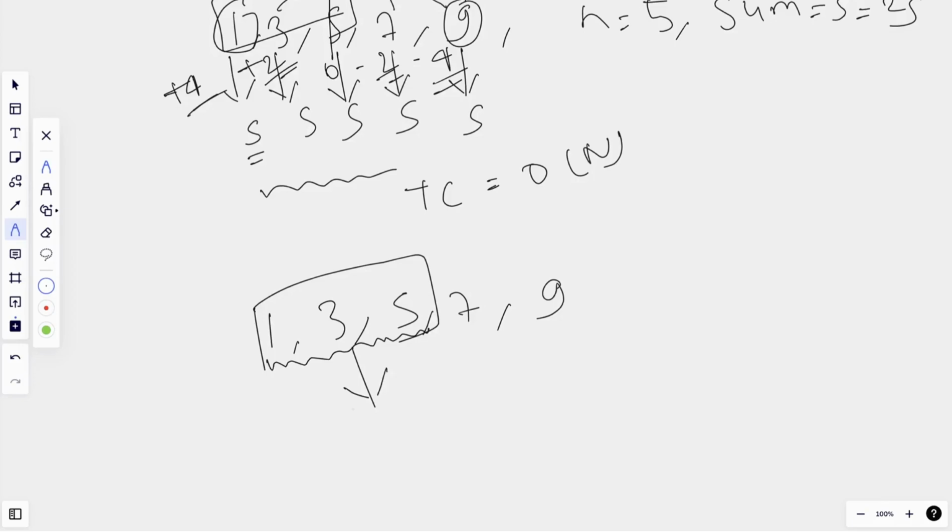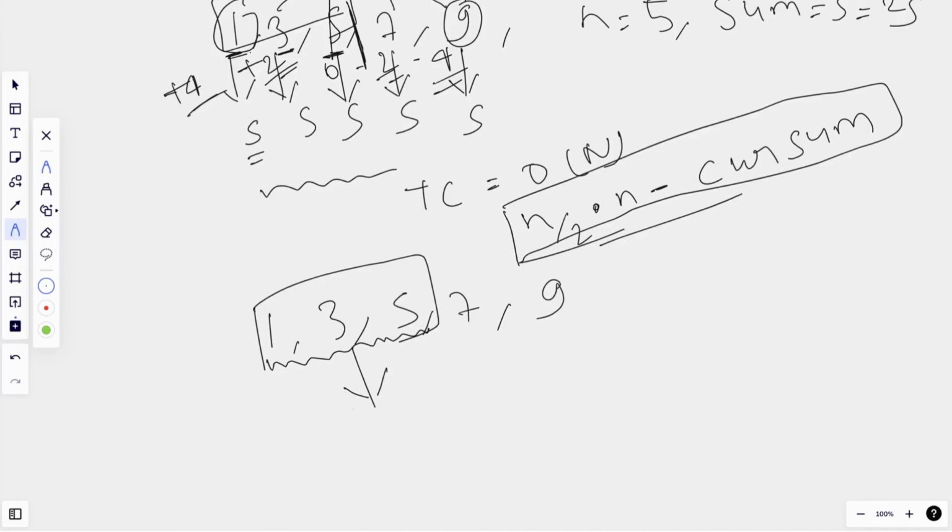Here we are subtracting n from every element till n by 2. So our total required sum is n by 2 into n till here. And what is the current sum? The difference will be our number of operations. So if we iterate half of the array and find the current sum and subtract it from the required sum, we will get the total number of operations.